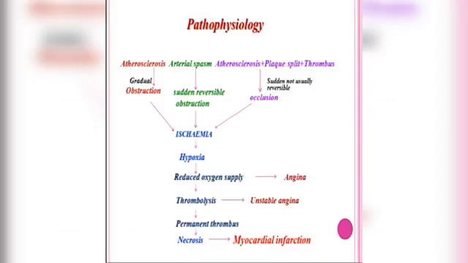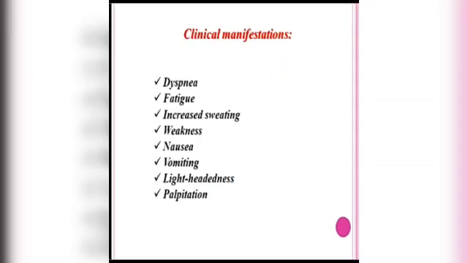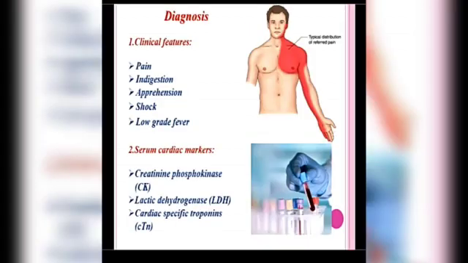Now the next is pathophysiology. As per the table you can see, all the pathophysiology leads to ischemia and further develops hypoxia and reduced oxygen supply, then it leads to thrombolysis, and that is a permanent thrombus which causes necrosis. Now we will go to the clinical manifestations, that can be dyspnea, fatigue, increased sweating, weakness,